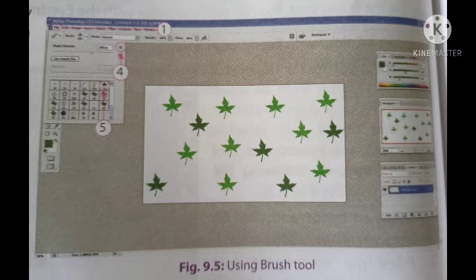Then click on the brush tool. In the option bar, click on the down arrow button beside the brush option. Double click on the required brush style from the brush preset picker box that appears on the screen. Now, to draw the stroke with the chosen foreground color, click and drag the mouse pointer on the image.